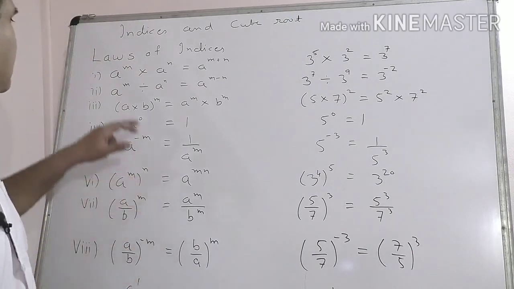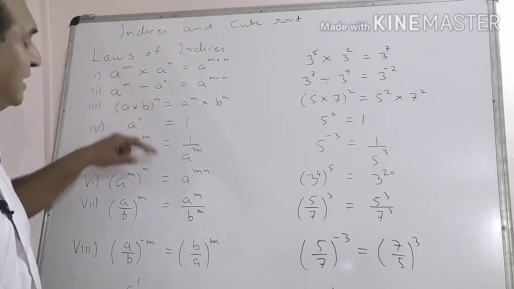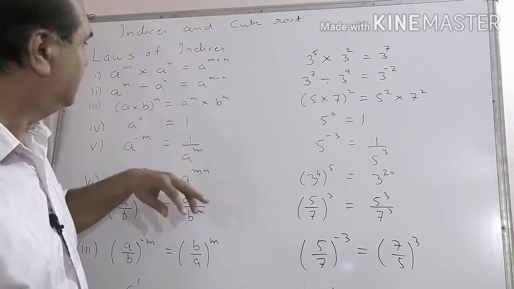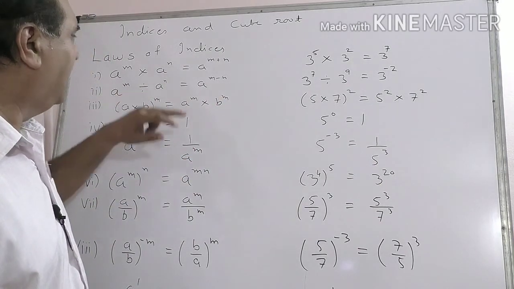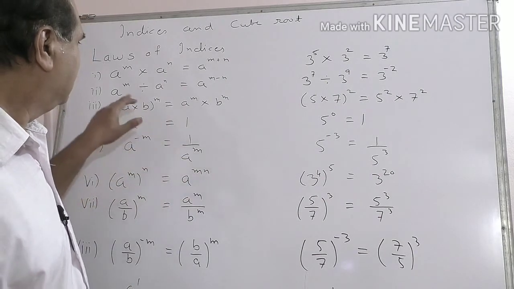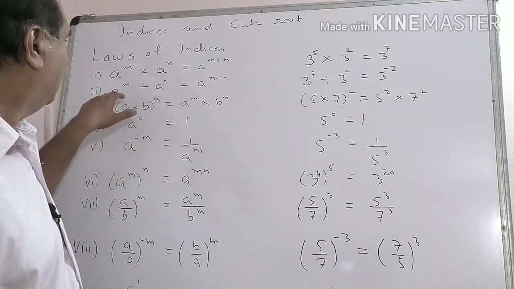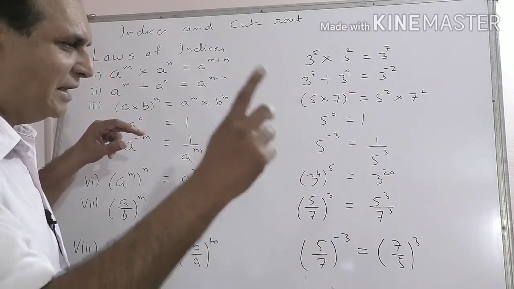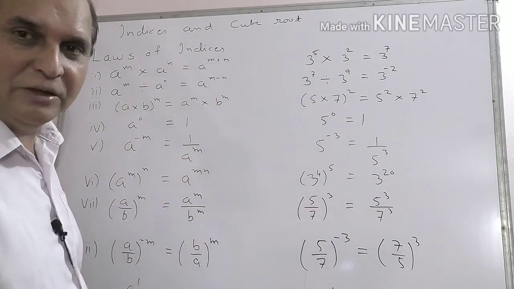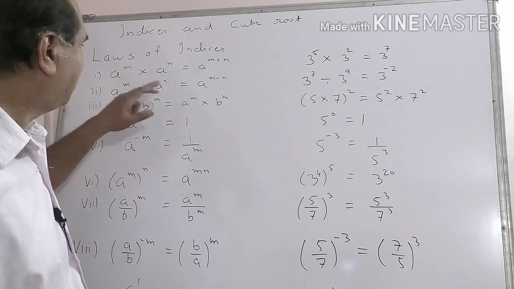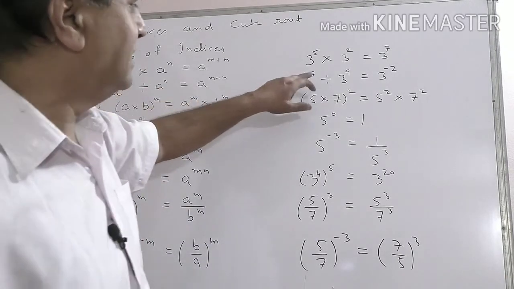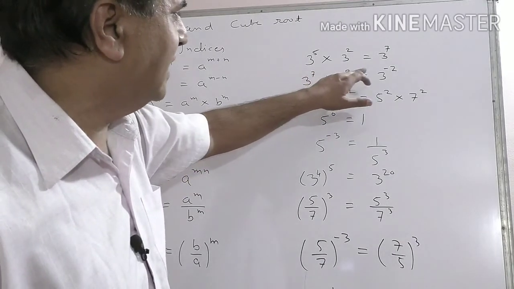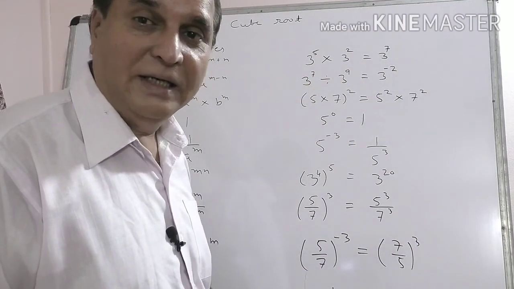Understanding? Second law, a raised to m divided by a raised to n. Sometimes you write it as upon also, this upon this. It is a raised to m minus n. Getting? Suppose a 5 times, m is 5, n is 3. a five times divided by a three times, so cutting over upside down, what is remaining is the subtraction. 3 raised to 7 divided by 3 raised to 9, so 3 raised to 7 minus 9, that is 3 raised to minus 2.